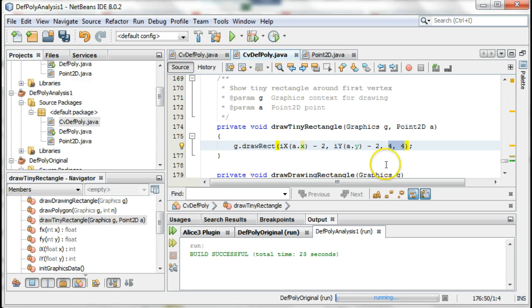So we're drawing a 4x4. That makes A.X, A.Y actually the center point of the tiny rectangle, right? Because we're shifting 2 to the left and up, and then we're drawing a 4x4. So centered at